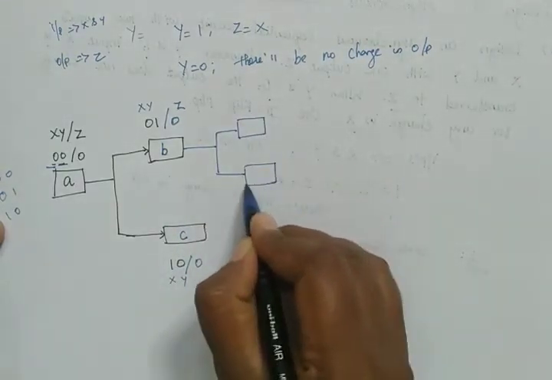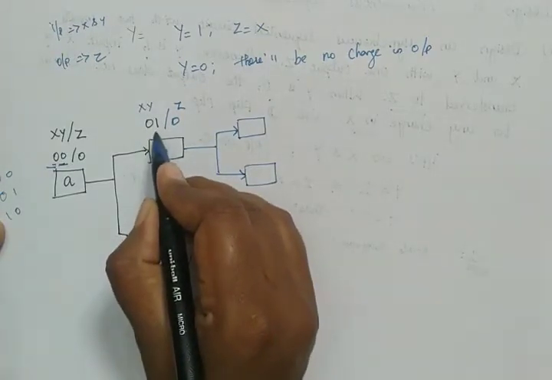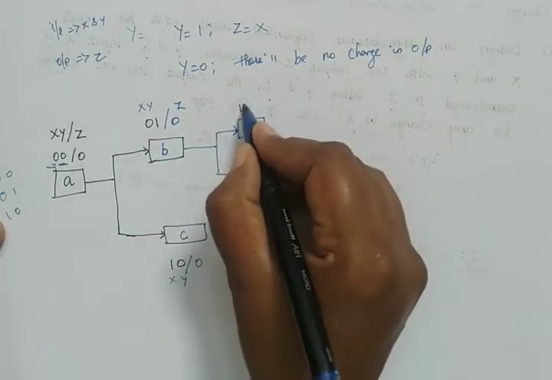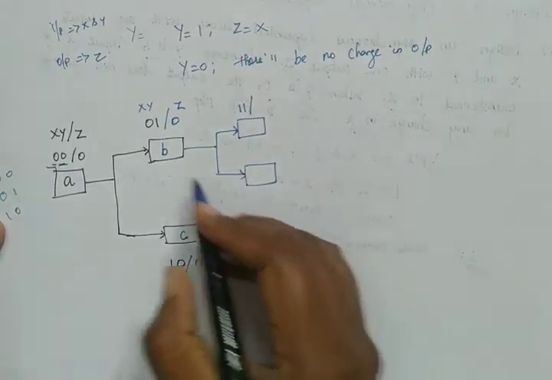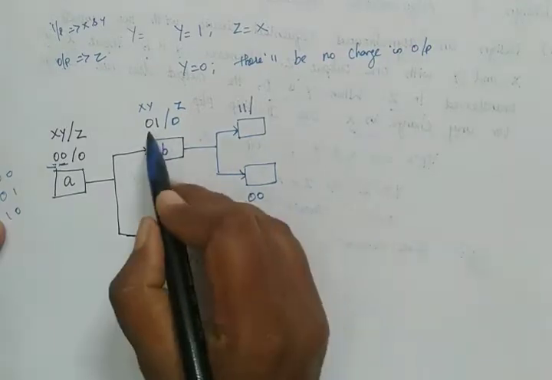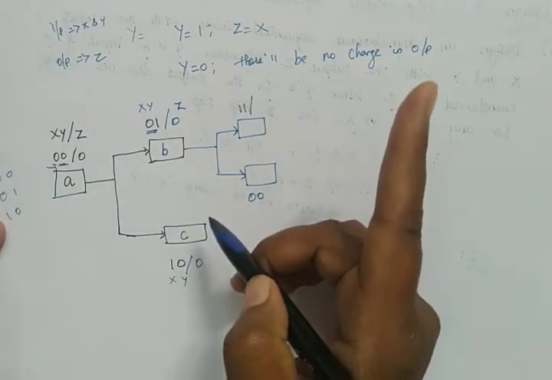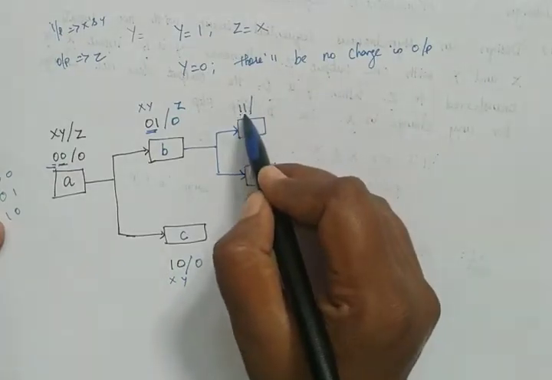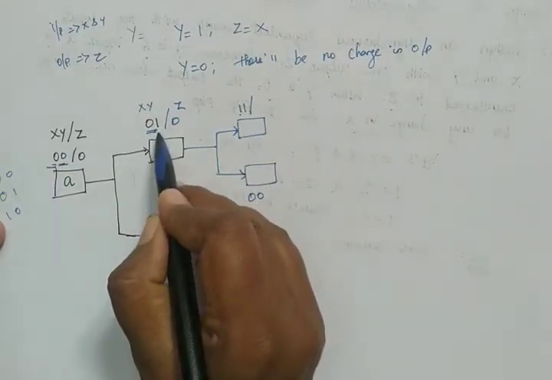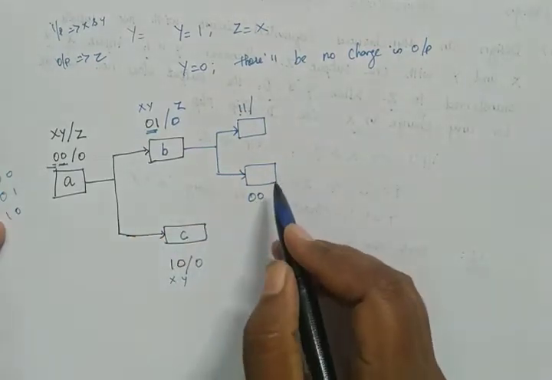And the next one, again here we have 1 bit change. If here we have 1 bit change 0 1, we can write this as 1 1, or we can write this as 0 0, isn't it? If 0 1, if we have only 1 bit change, either we can write this as 1 1, so that we will get only 1 bit change, or we can write this as 0 0, so that we will get only 1 bit change.